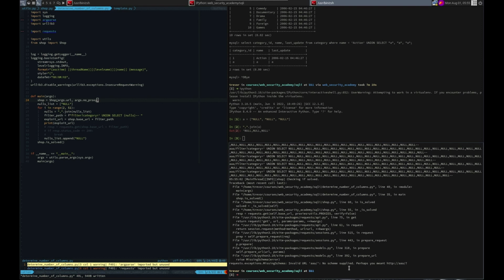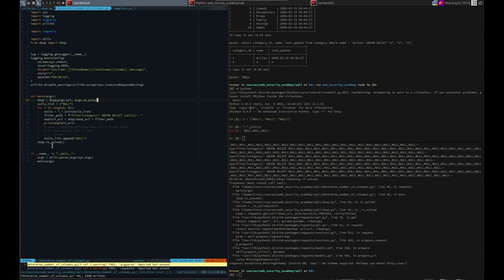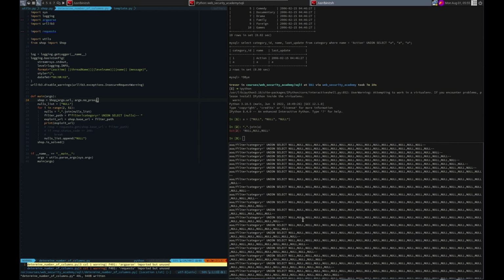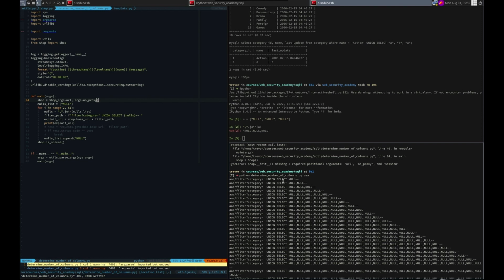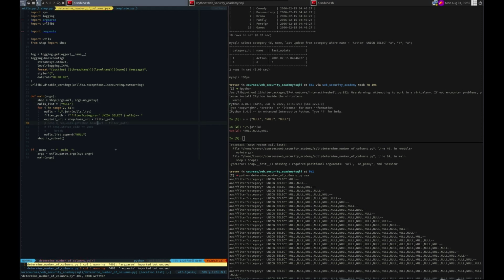Invalid a. All right, that's fine. I don't know where this prepare. Where in our code? Oh, is solved. That's fine. But you can see that it actually worked. It looped through, so that was good. We can delete this,